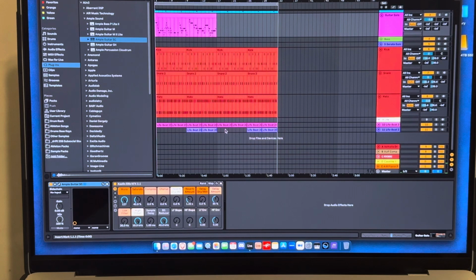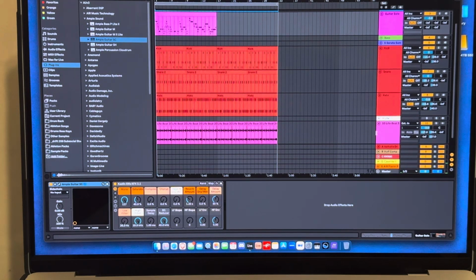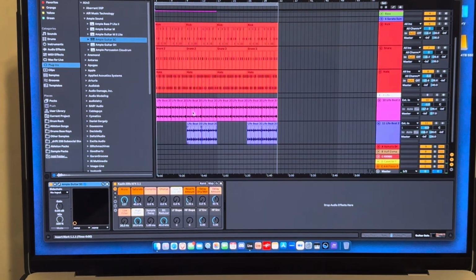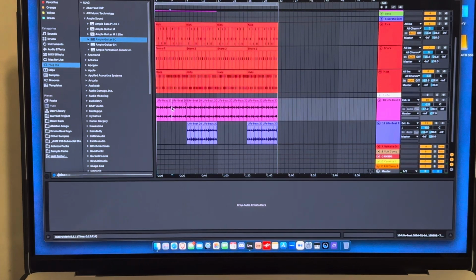So one way is by using percussion and mixing up the percussion. So you'll see down here, I use life, and I made two different portions to the percussion. So initially you have,